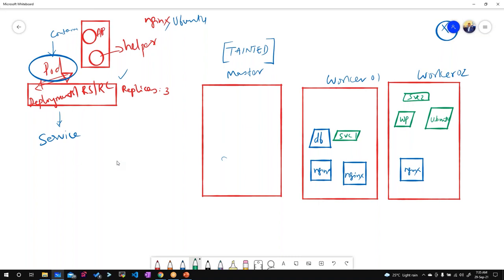It won't reside anywhere. It's a virtual component. The only running components inside your Kubernetes cluster are the pods; the rest are all configurations and objects. So I said service for internal communication, service for external communication.